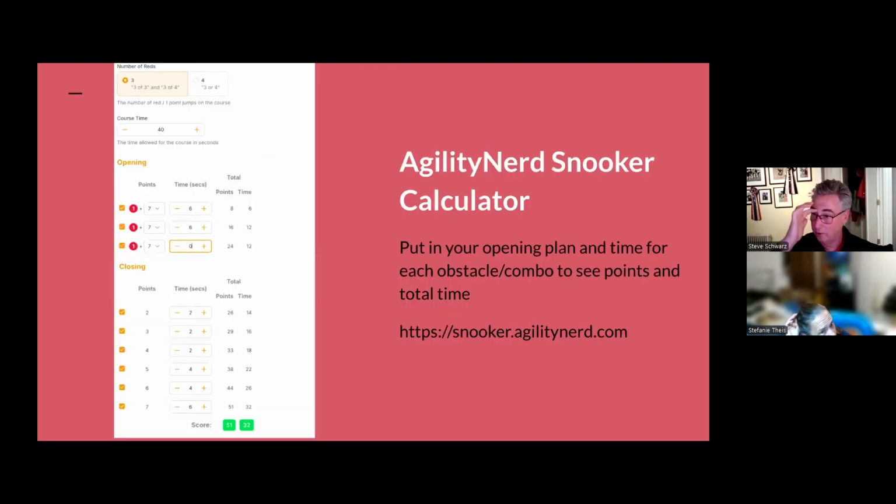So there's this guy called the Agility Nerd who came up with the snooker calculator. If you don't want to do that math, it's at snooker.agilitynerd.com. It's just a simple thing that most folks can do in your head. But if you get kind of flustered in a trial environment, you could have this on your phone and say,